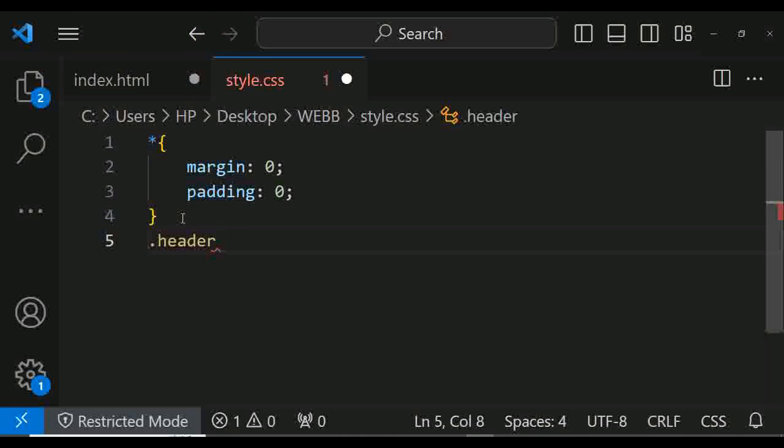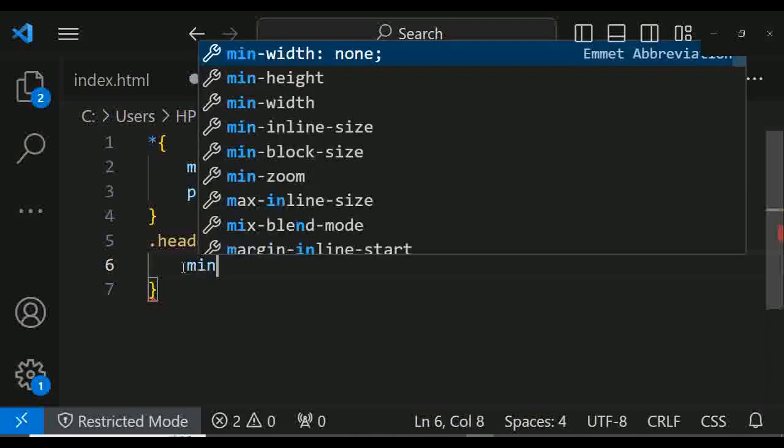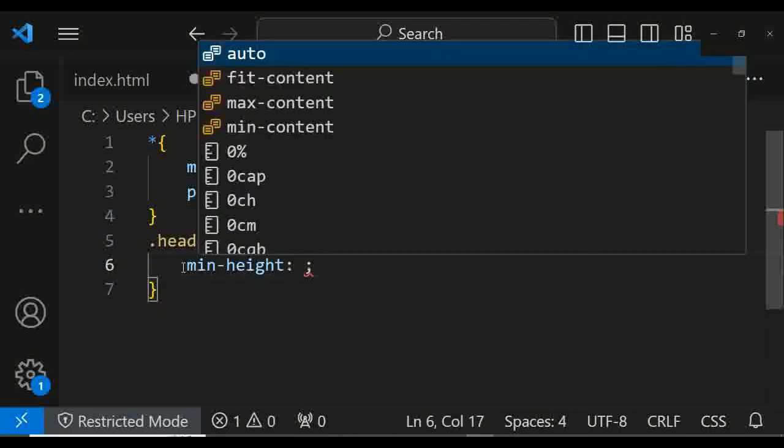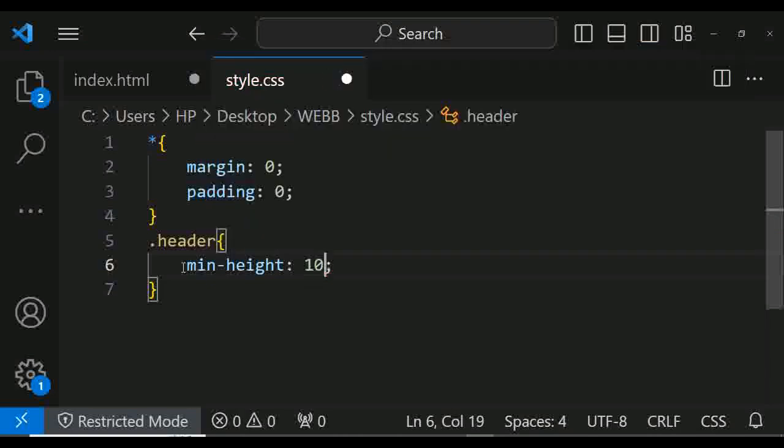So open your braces. This means that we are calling out the class that we want to make these changes to, the header. So whatever we are doing here, we're going to reflect on the web page. Okay, so we want to put minimum height. As you can see here, minimum height 100